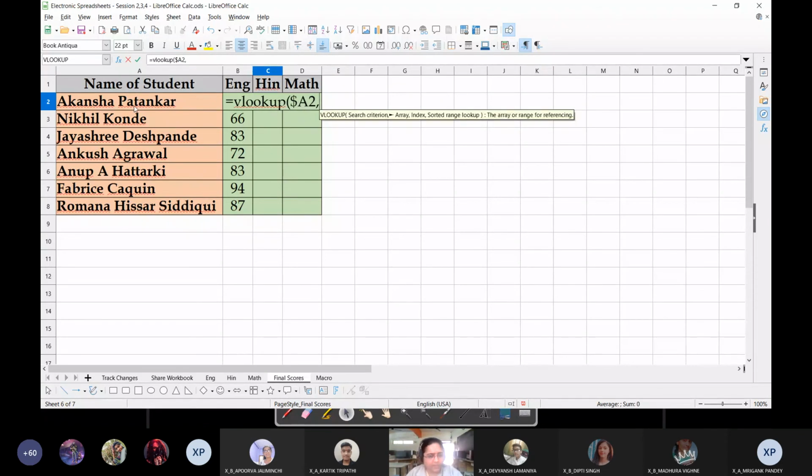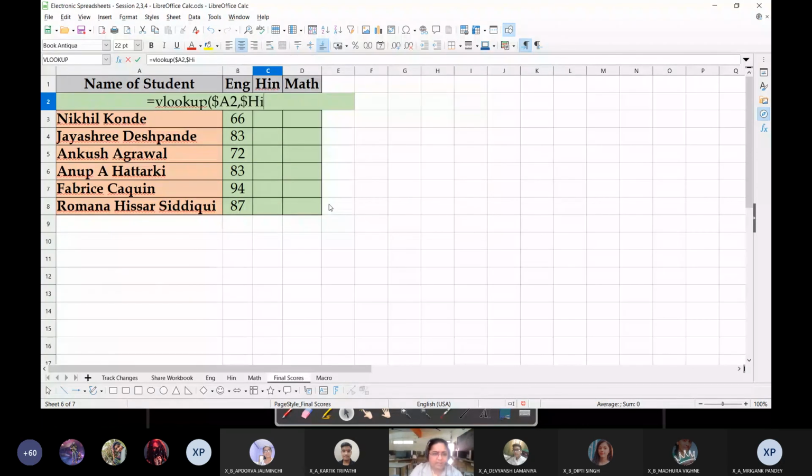Now there also it is given exactly like this, the ranges, everything is the same. So I'll just be using dollar, and the name of the worksheet is Hindi. So HIN, dot. Which cell? The cell is the same, A2:C8.